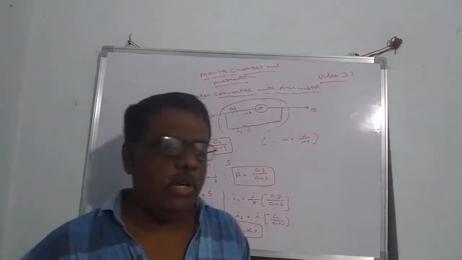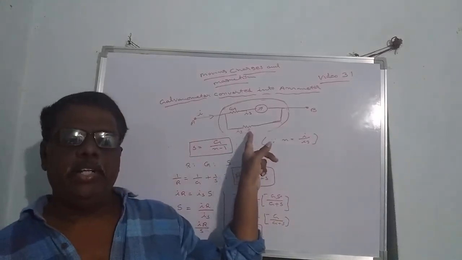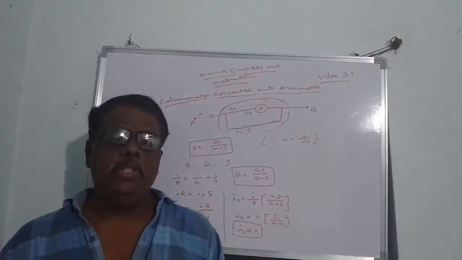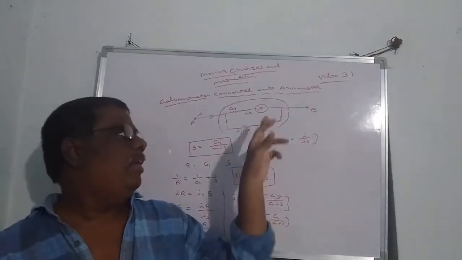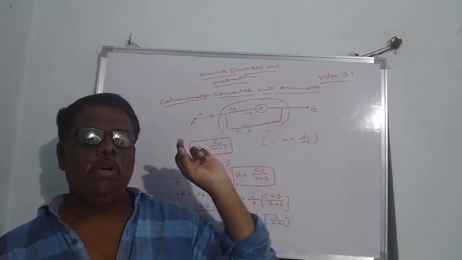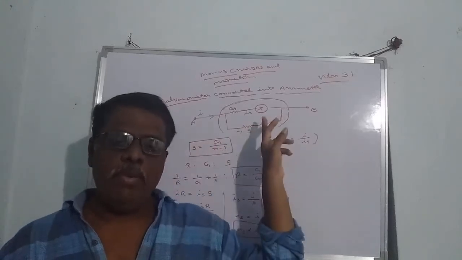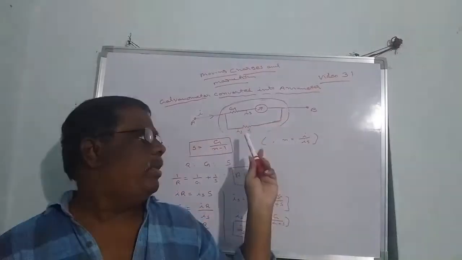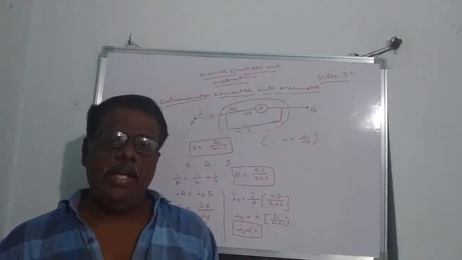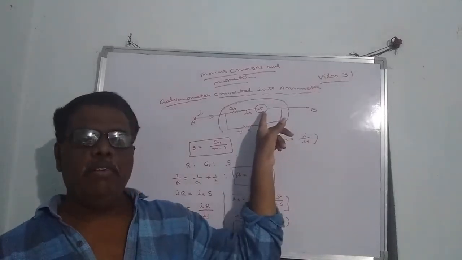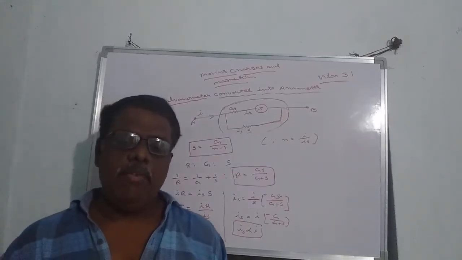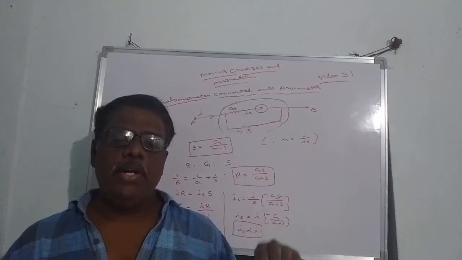So what is the use of this shunt resistor, a small resistor in parallel? A major portion of the current will pass through the shunt resistor. So it saves the galvanometer, because out of the total current, only 1 by nth part of the current will pass through the galvanometer. Because of this, the galvanometer will be safe from high and large currents. This is the main topic: how to convert a galvanometer into an ammeter.